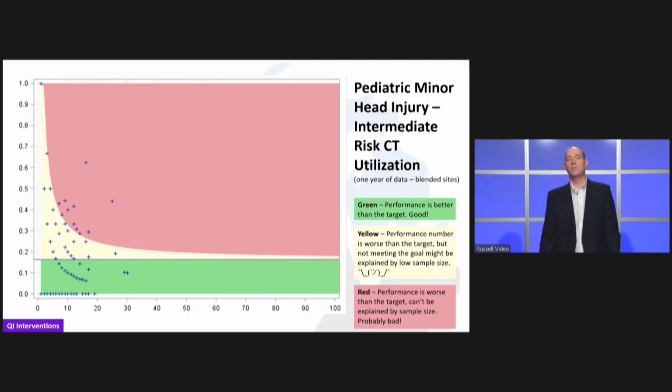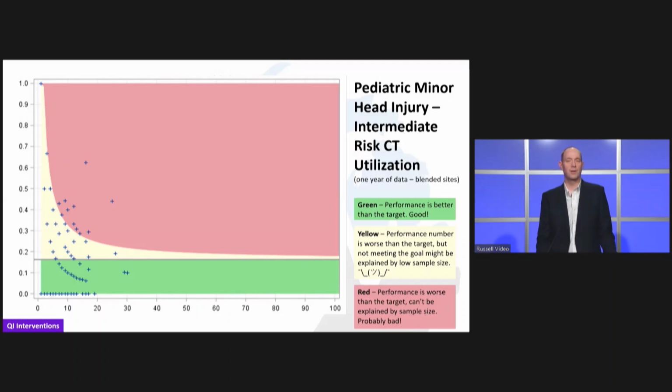So how do you use this data? Looking at the display we've got here, we shaded in a green, yellow, and red section. The green section, less than 18%, is the goal for performance here. So if you're in the green, you're doing well. You're beating the performance regardless of your sample size. If you're in the yellow, that's where it gets a little interesting. Your performance number is worse than the target, so you're somewhere above 18%,